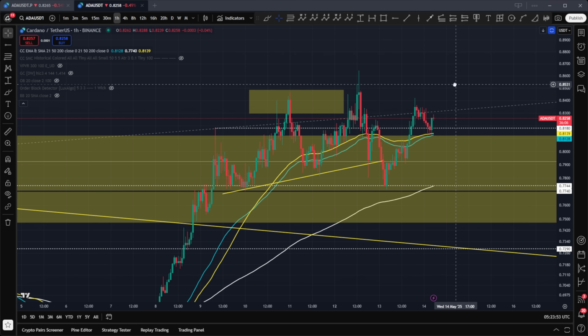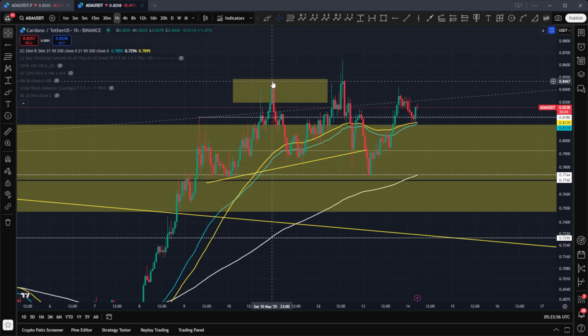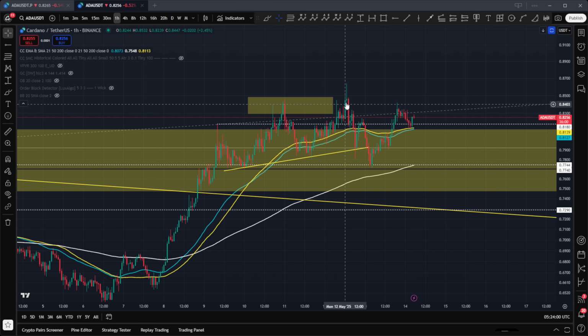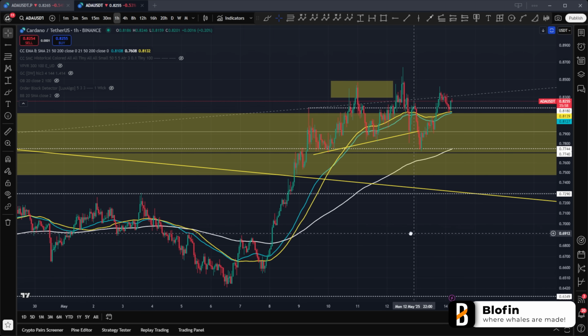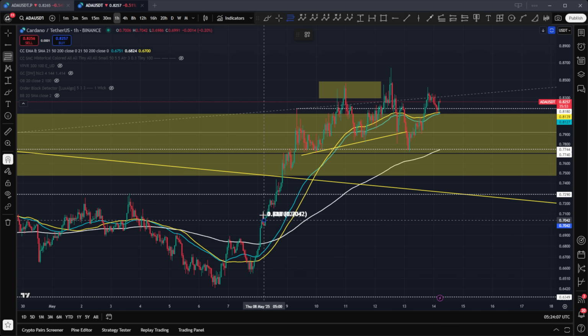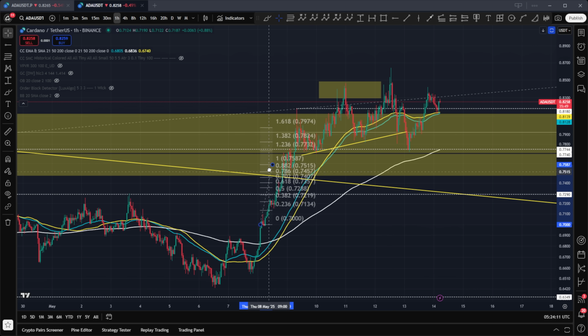Let's talk Cardano then. So we were looking at this as a wave 5 high, and I still think that is the case, but with an additional move to the downside, also ending diagonal here. So let me go ahead and draw in what I think has unfolded since. Okay, I'm just going to draw in the fib levels so you guys can see what I'm looking at. We'll move that over.